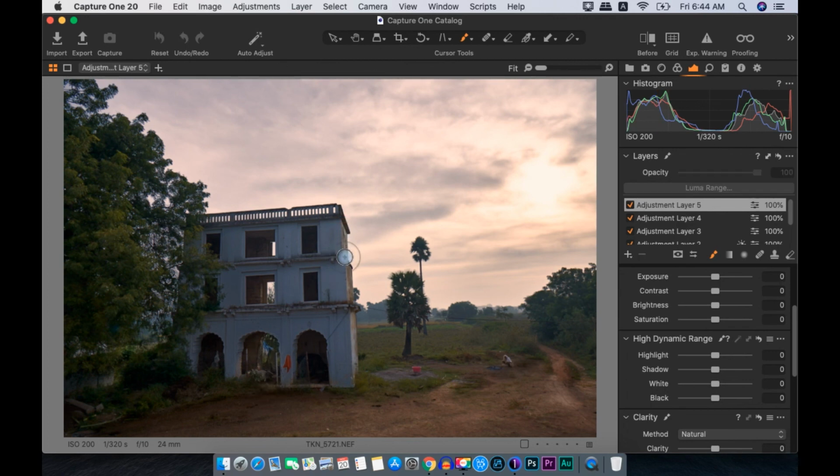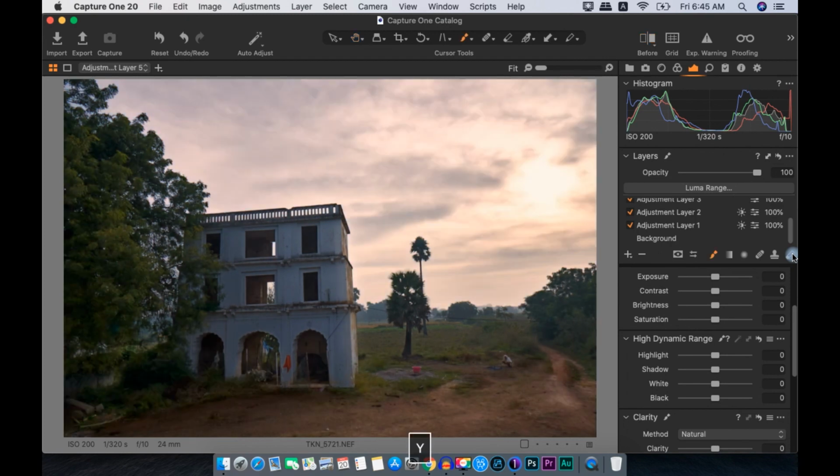We can give one streak here as well to this part of this wall, and that's it really. Maybe a little bit on this area. So wherever the light is hitting, maybe a little bit of this inside, a little bit of this inside. So that's it. This is the final edit. So let's review once again. This is before, this is after.